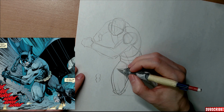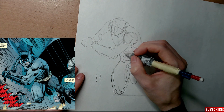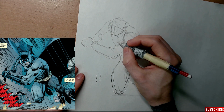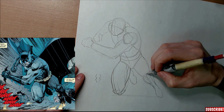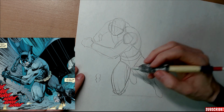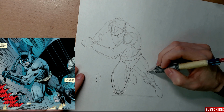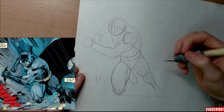That's a cool leg muscle right there, don't you think? And all the other things are not as important anymore, I think at least. He didn't really draw in the muscles in here, but I would go ahead and do it like here. Because why not? Should look like that. Okay,